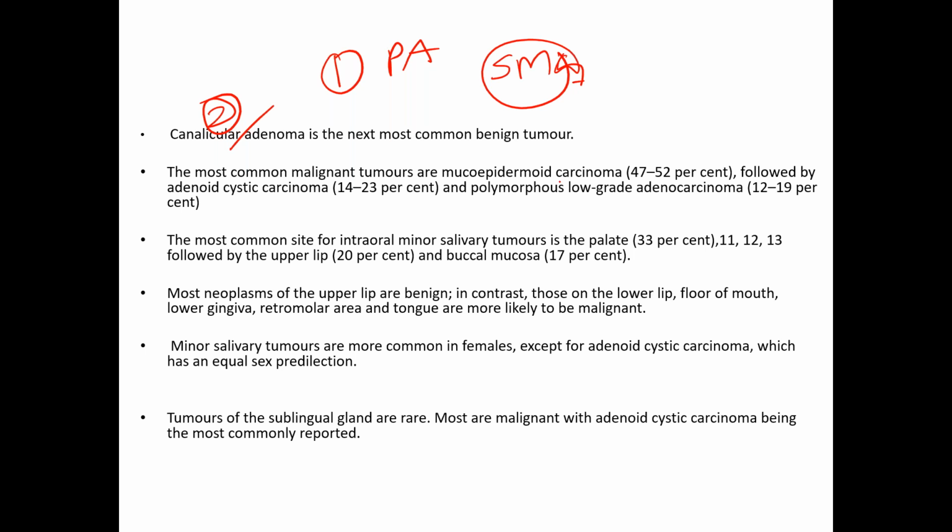The most common malignant tumor is mucoepidermoid carcinoma, followed by adenoid cystic carcinoma, followed by polymorphous low-grade adenocarcinoma. These are all intraoral tumors, not submandibular gland tumors. The most common site for intraoral tumors is